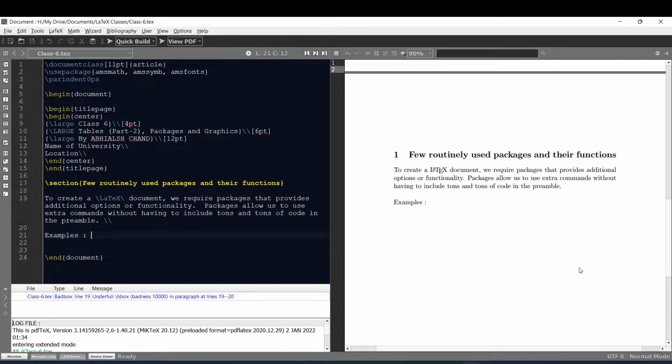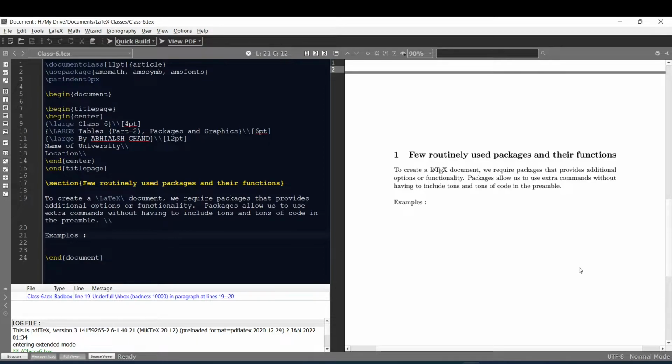Now here we will learn how to insert a figure or image into our document with the help of a package. It is one of the most important and most frequently used packages in documents, because many times you may need to insert a graph, figure or logo of a university, projects, etc. in your document. You can add any image and even alter its size according to your need, and even rotate it to any angle with the help of a package. So we'll learn how to do all this with the help of a package.